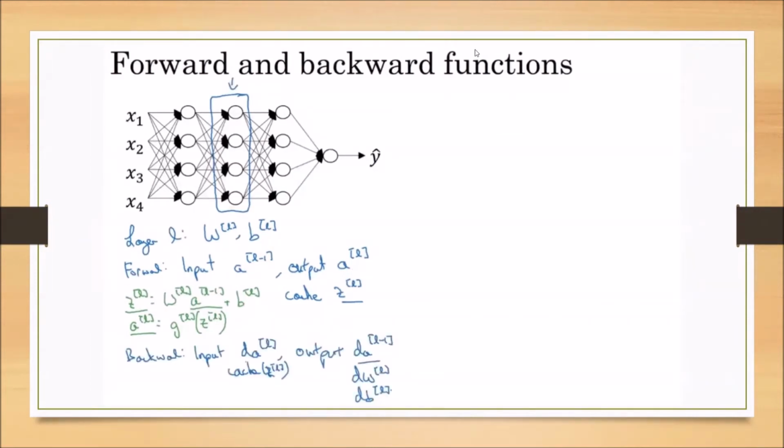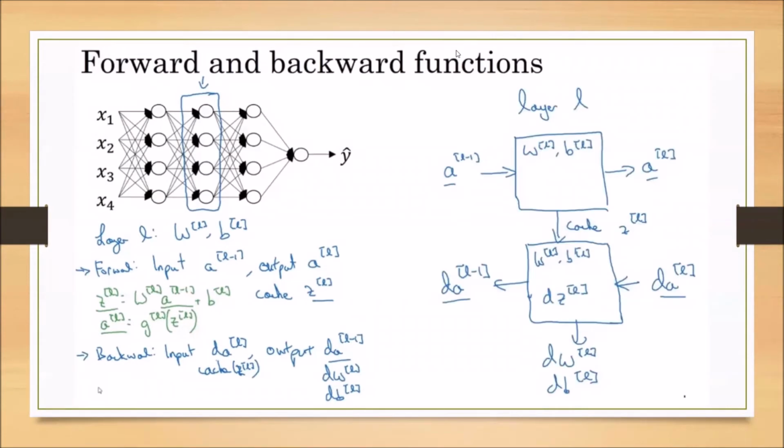In the backward propagation, you can observe we are giving dA[L] as input and we are getting dA[L-1] as output. dA[L] means it is the differentiation of the loss function with respect to A[L], and dA[L-1] is the differentiation of the loss function with respect to A[L-1]. In this process, we are obtaining two parameters, dW[L] and dB[L]. We use these two values in the gradient descent to find the minimum value of the cost function. So this is what we are doing.